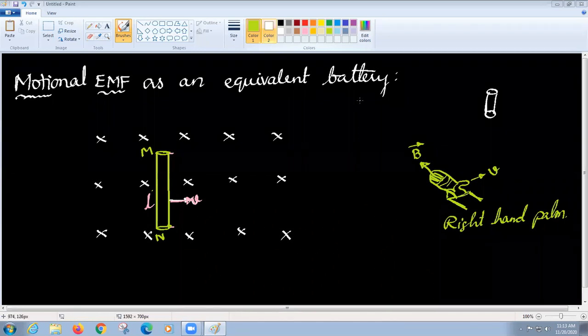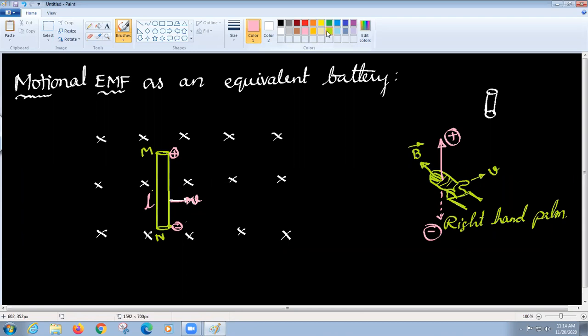Yes, very good. At the position of M, we can associate a positive potential like this. So let me take another color. So here I have positivity. That means if you go down, you must have negative potential. So your four fingers are into the board and your right hand thumb is along this v, then the normal to the face of the palm is towards M. So you have positive here and negative here.